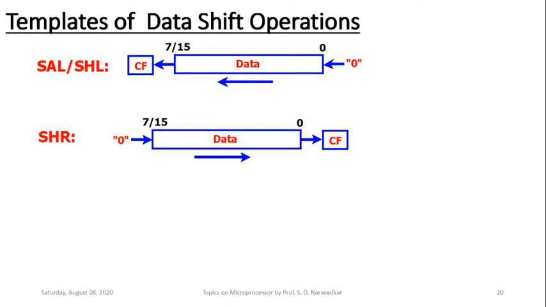If it is a multiple shift right, logical, in that case only the last bit which is coming out of the LSB will be maintained within the carry flag and all the previous bits will vanish. But whenever bits are shifted towards right like this, there will be vacancies created at the MSB position. Those will be successively filled by zeros.